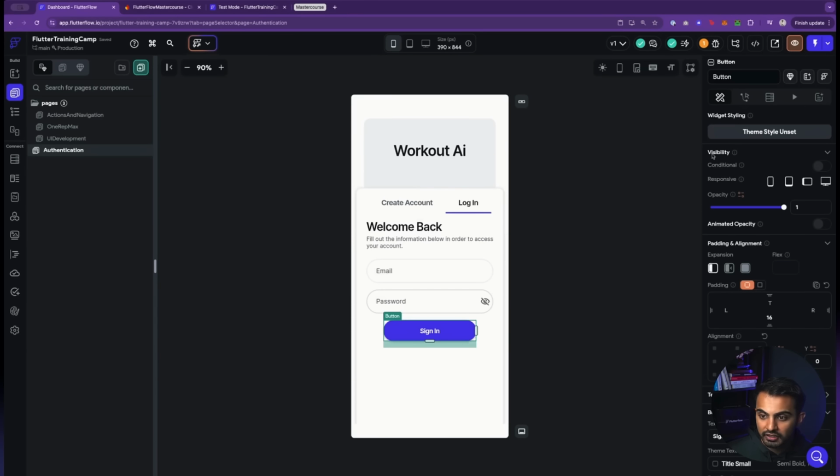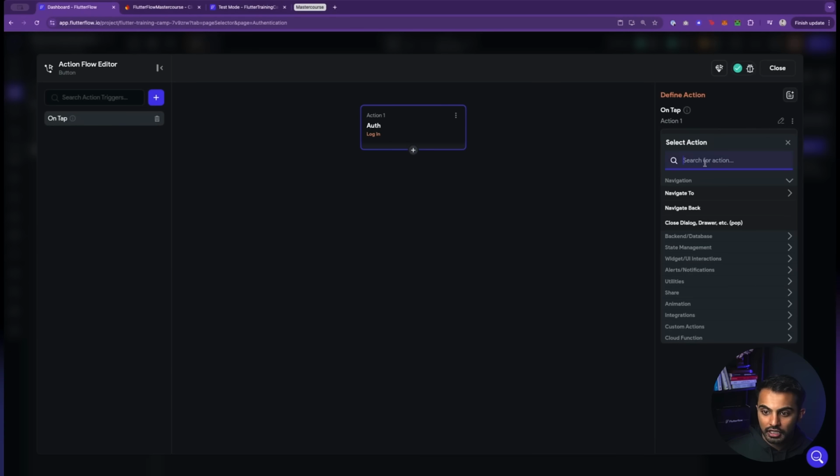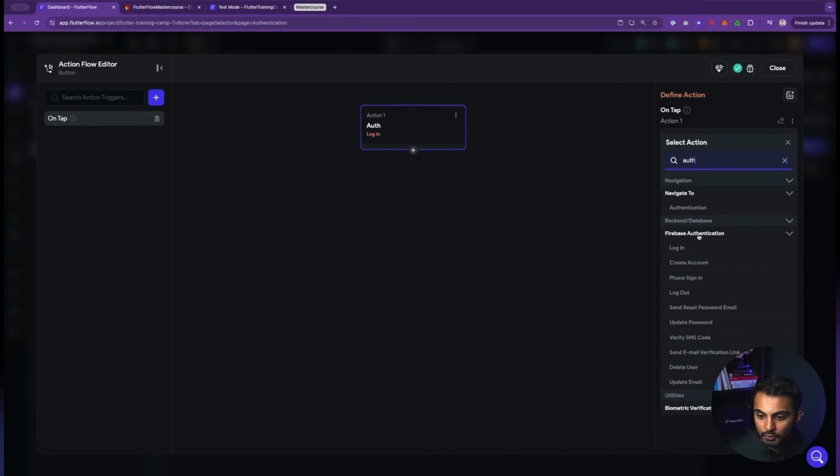Okay. Then log in. I'm going to make sure when I click the sign in button here that we have an action for auth login. If you wanted to find this action, you could just type the word auth, and you're going to see that there's a whole set of actions right here that are for authentication. So you can log the user in, create an account, do phone sign in, password reset, email, update password. There's a whole set of authentication functions that you could take advantage of. Like I said, if you were hand coding this, it'd be very, very hard and it takes a long time, but this keeps things easy.